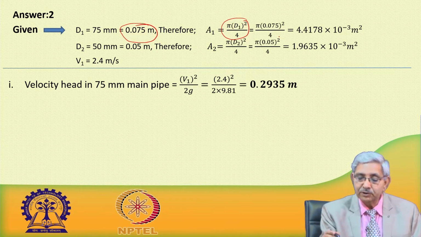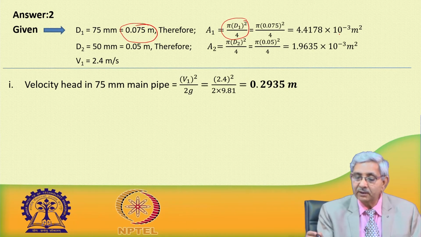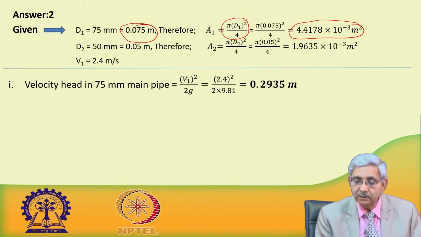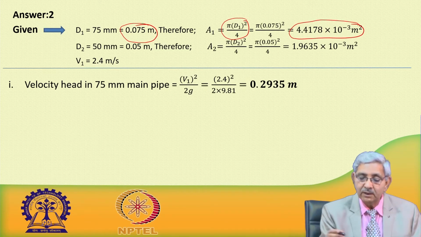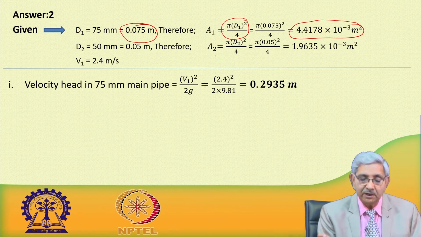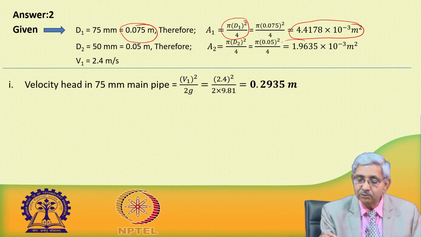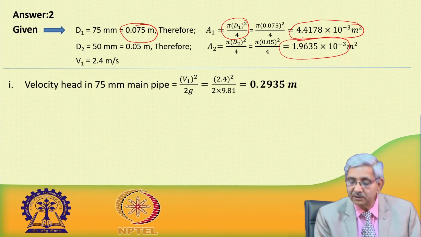Substituting the value of d1, we get the area of cross section of the 75 millimeter pipeline. Similarly, for the second pipeline, which is of 50 millimeter diameter, A2 is 1.96 into 10 to the power minus 3